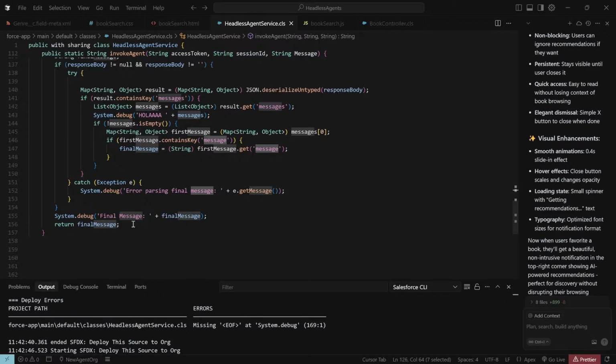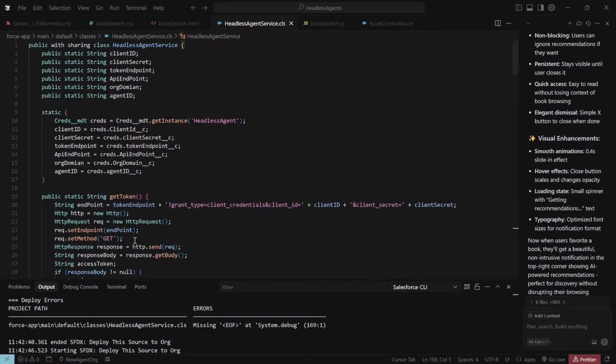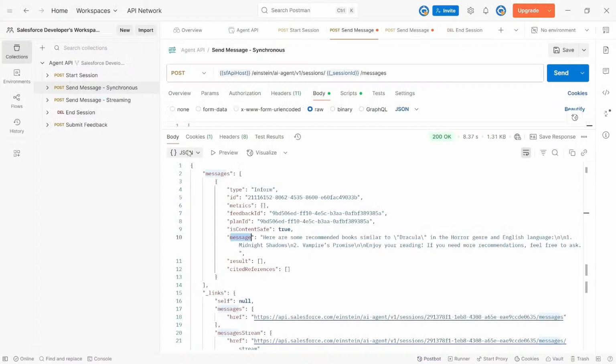So all of that is your UI design, however you want it to be. So I hope you understood what this class is doing. It is basically utilizing this agent API. Whatever steps we did in Postman, we are doing all of that in this Apex class